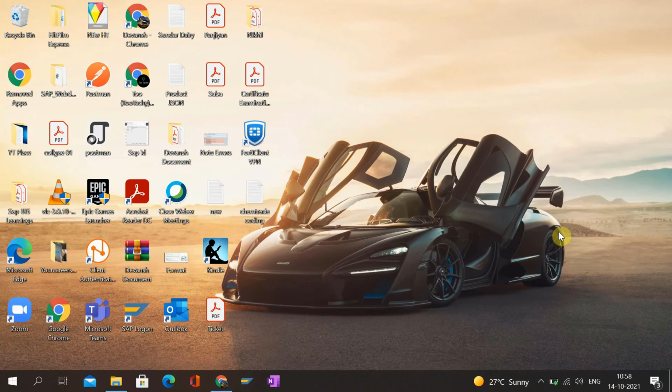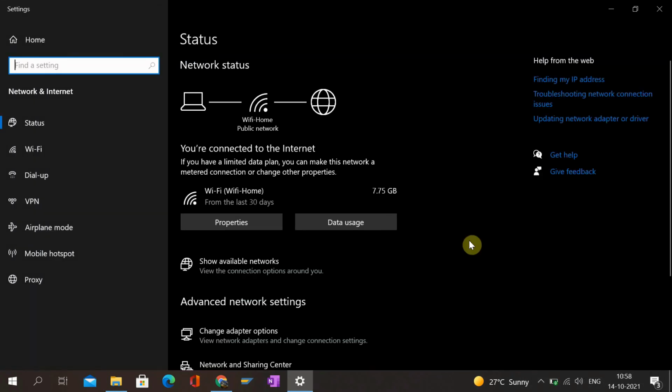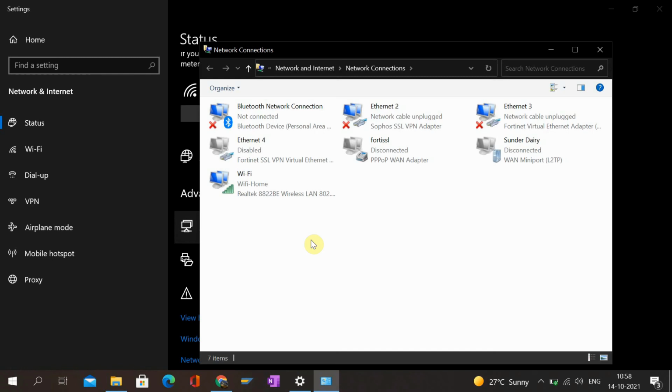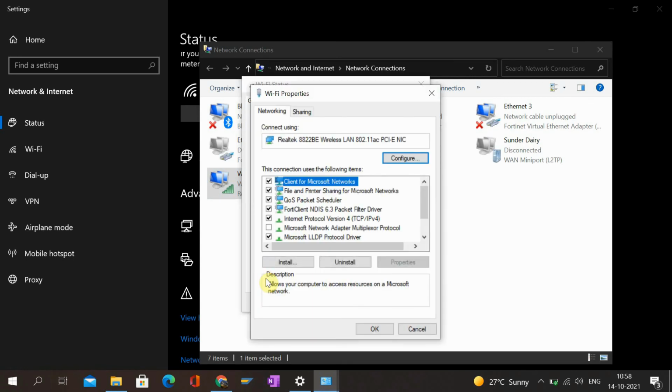Now the third method to fix this issue is wake up the Wi-Fi adapter. For that you have to go to the Wi-Fi icon and then click on open network setting. Here you have to go to the change adapter option, click on that, and here you can see all the adapters. Click on Wi-Fi. Now click on properties. Now here you have to click on configure.